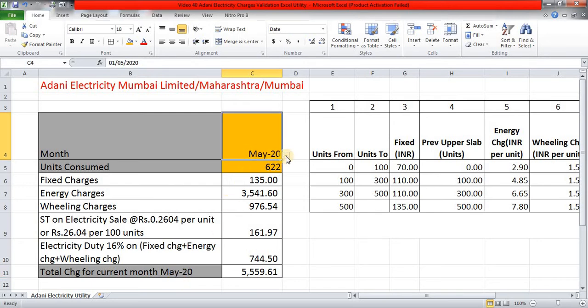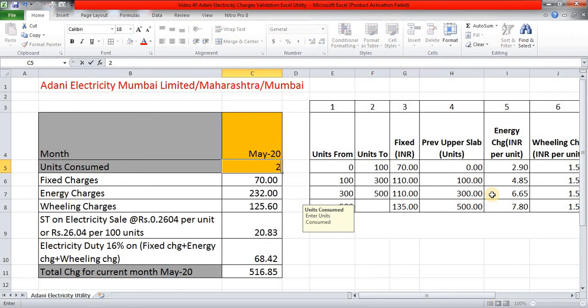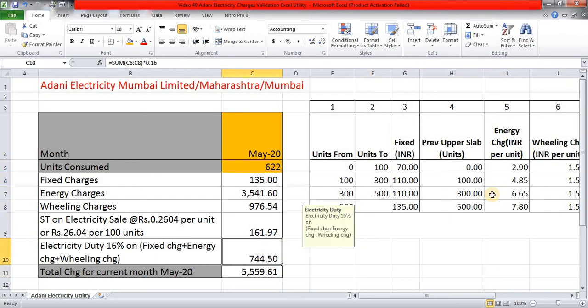Now if I change here to April or, say, June, the total charges for the month of June appear, because I have used a text formula and defined the way I want that text to appear. Right now my month is May, and it is giving me May, and you can put in any units. Let's try to validate this with 80 units. See, the things get automatically changed. Or between 100 to 300, say 250 units, then between 300 to 500, 380 units, and 500 and above we have already seen: 622. So here are the charges for the month of May for units consumed, which are 622.